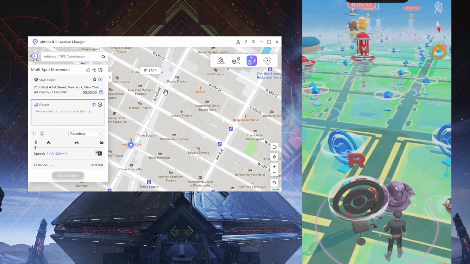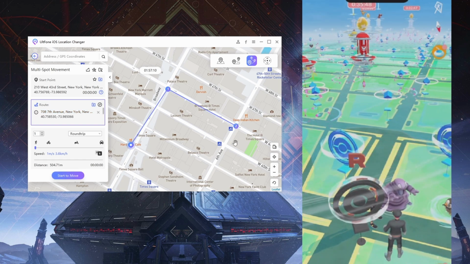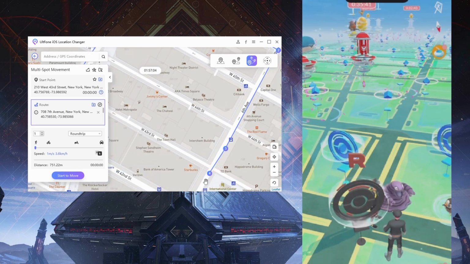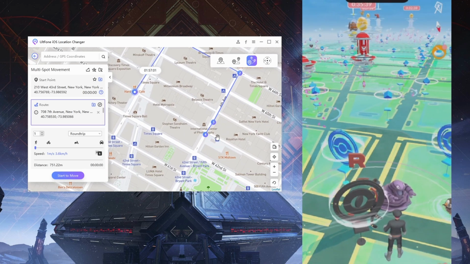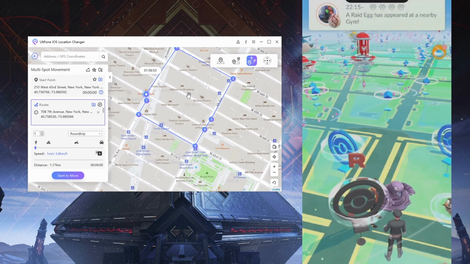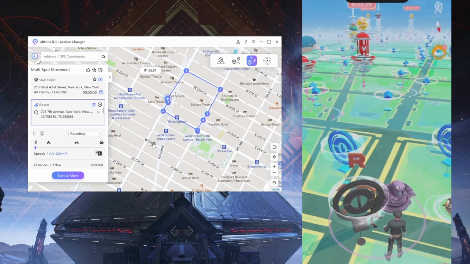So when you're doing multi-spot, ensure that you're clicking on the roads, making sure it's realistic. You definitely do not want to start going across buildings. Just make it a square route or something along those lines. And then here we go. As you can see, this is pretty much a realistic square, kind of a little bit out, but you